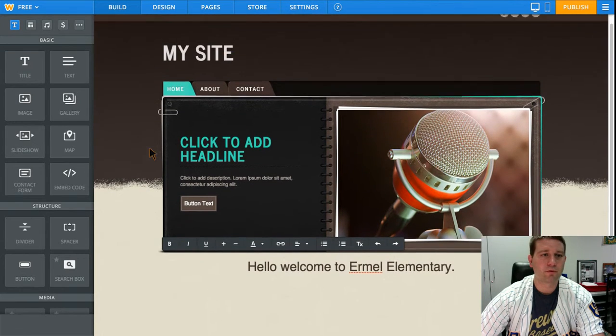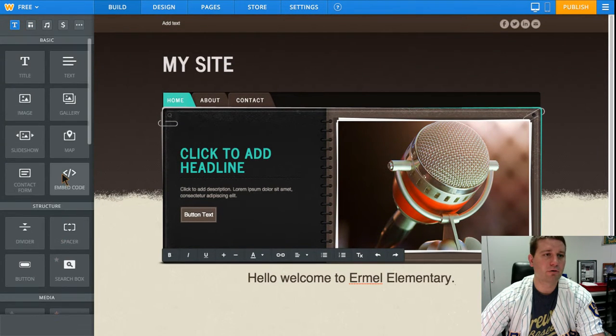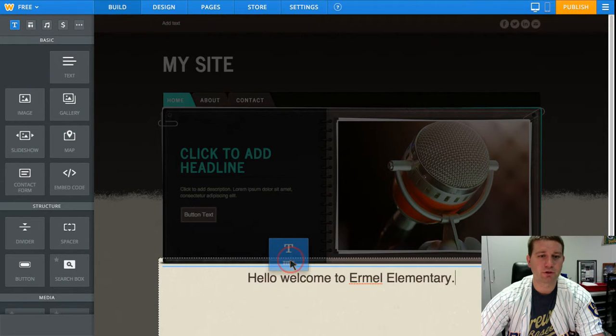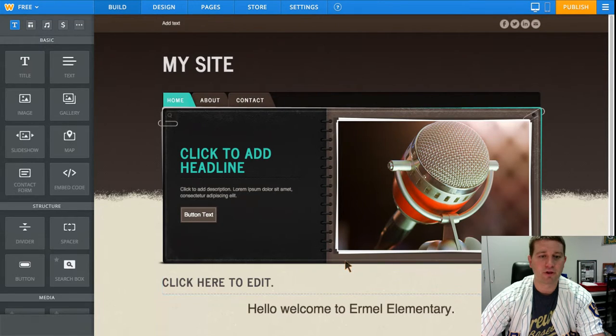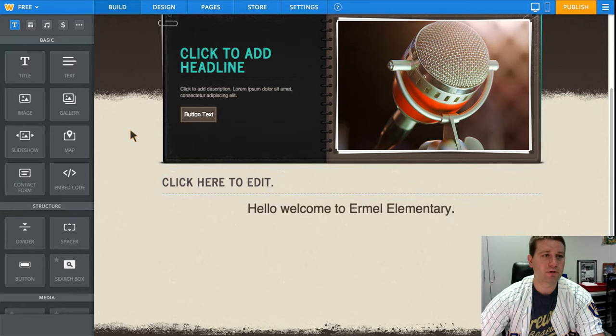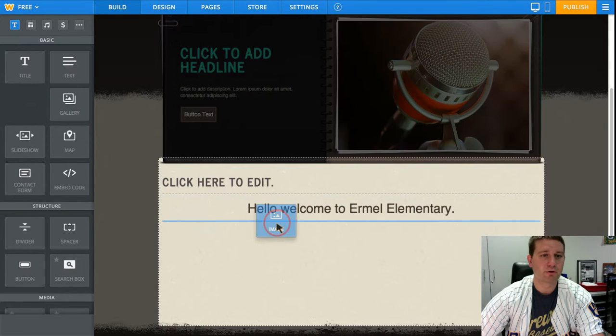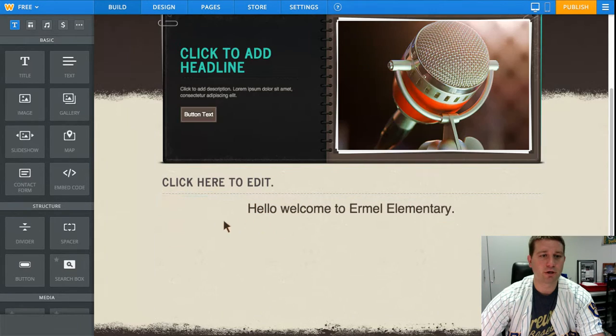And with everything over here, all I have to do is click and drag. Wherever that blue line goes is where it's going to show up on the page. So just kind of watch where the blue line is, and that's where it's going to put that element into your website. And then if I want to put an image in, I can click and drag and put it